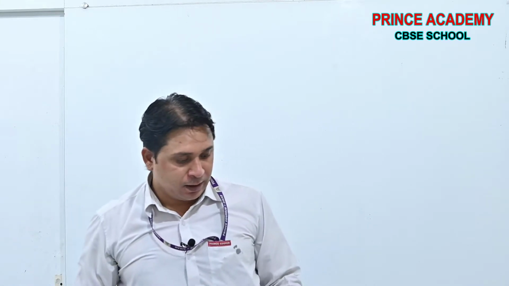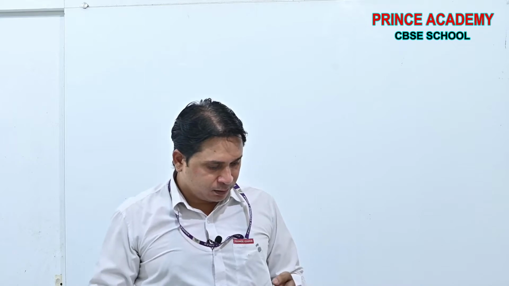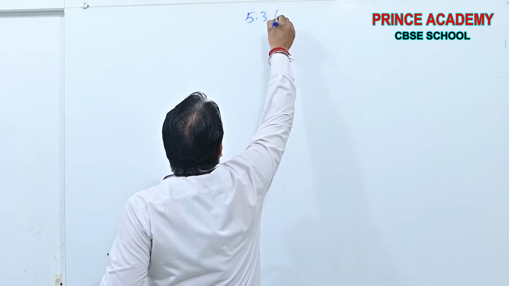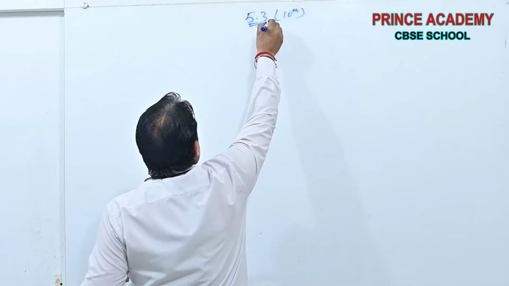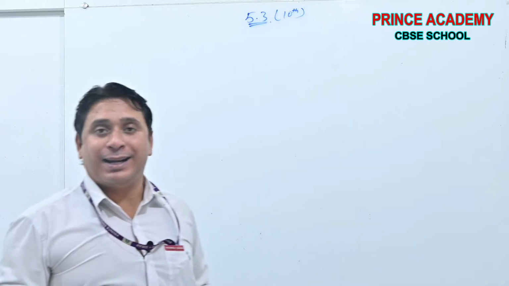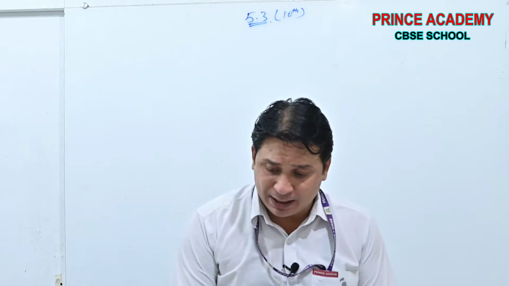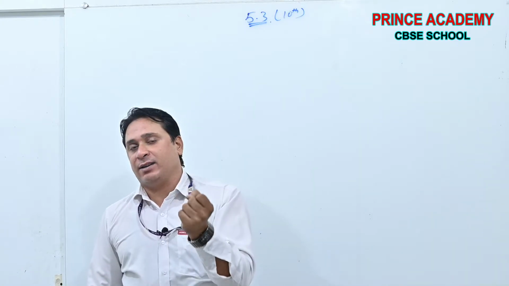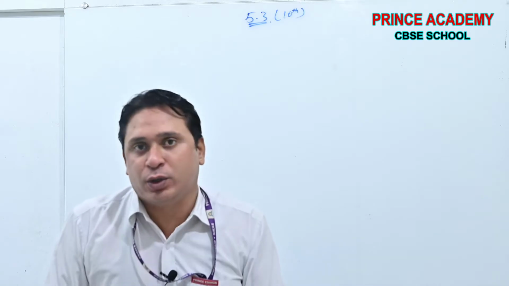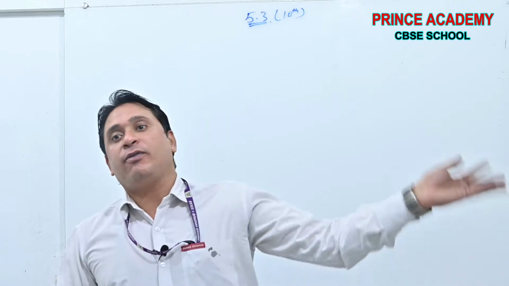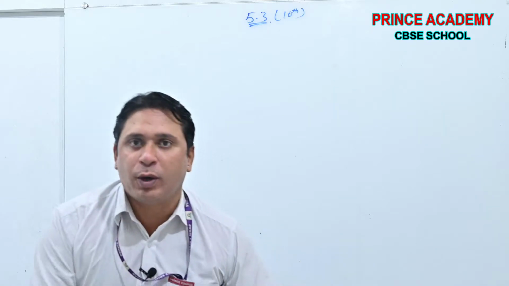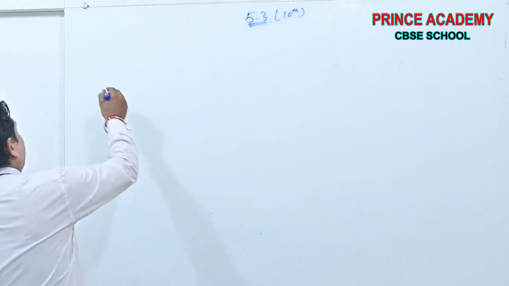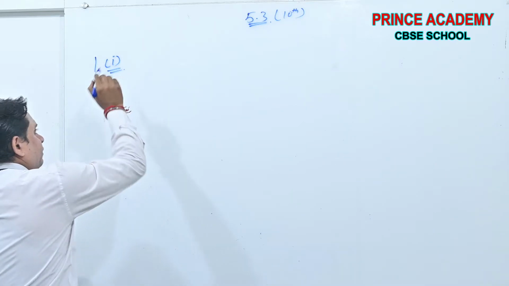Okay, question number 1, exercise 5.3. This is for class 10, beta. First question, so simple and so easy. But one thing is there, you have to recognize n and an. Some students get confused. What is n or what is an? So don't worry and don't fear when I am here. I will always be with you. I will make you understand each and everything.